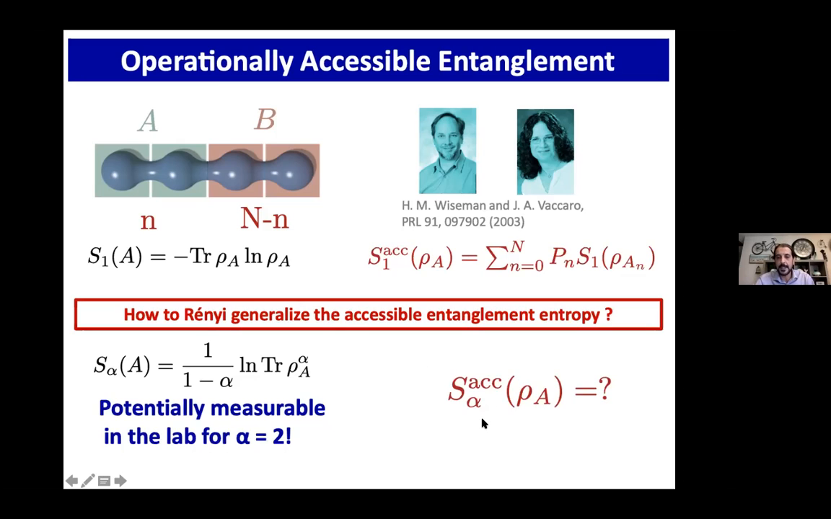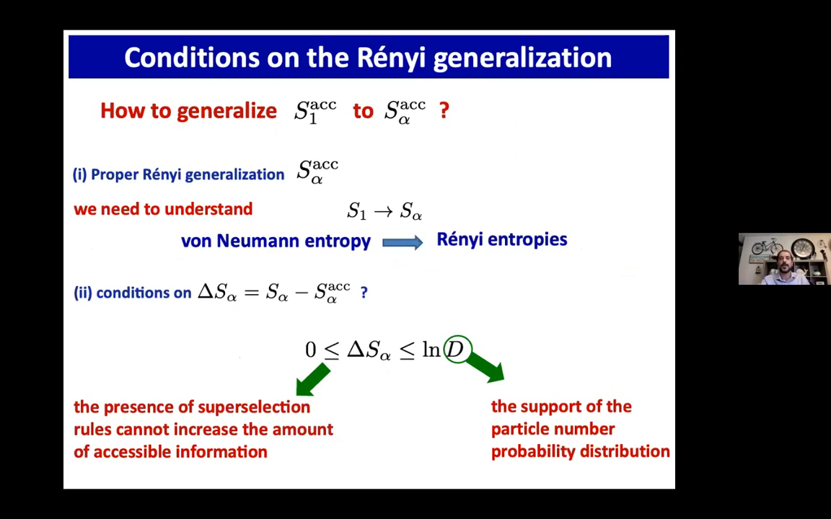So how do we get to a generalized accessible entanglement? We'll think about first two things. The first is to find a Rényi generalization of accessible entanglement. First, we need to understand how the von Neumann entanglement entropy is related to its Rényi generalization. So what kind of generalization is happening, in what terms? We know that alpha 1 gives us back the von Neumann, but how do we understand going from alpha 1 to general alpha in that case? The other thing is how we can